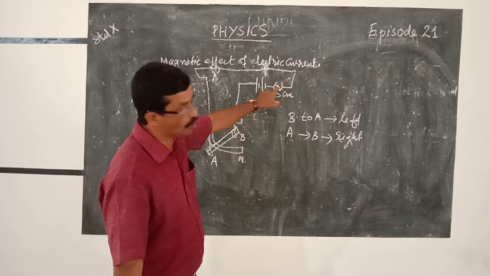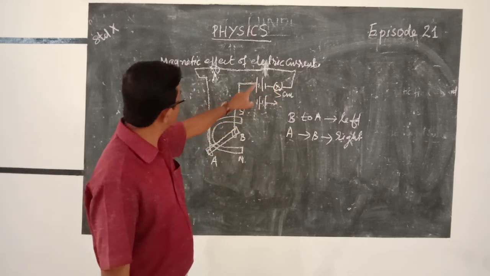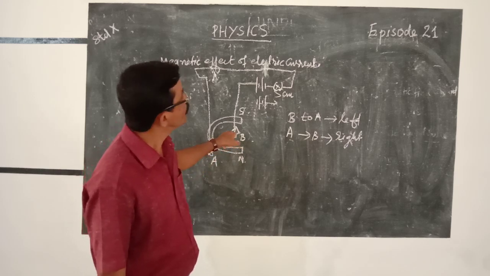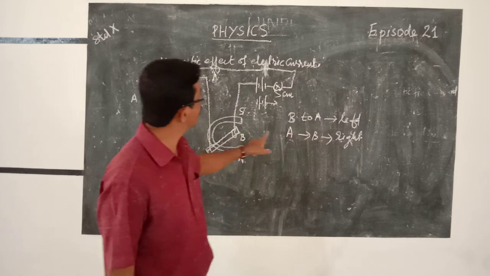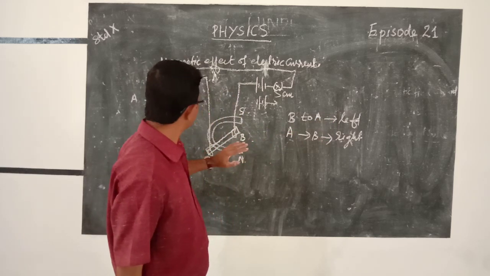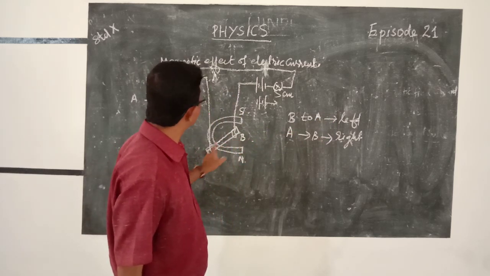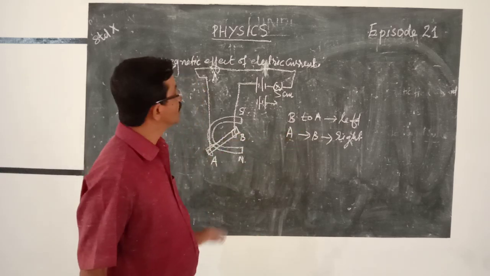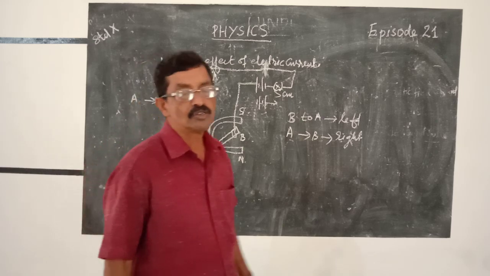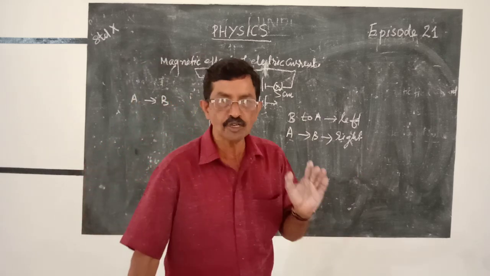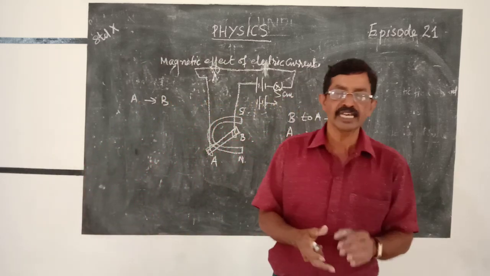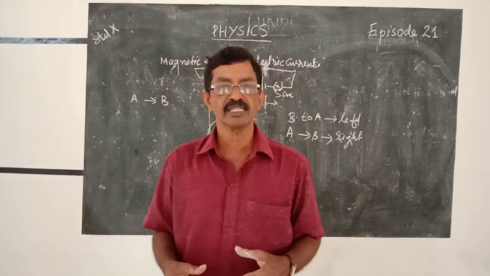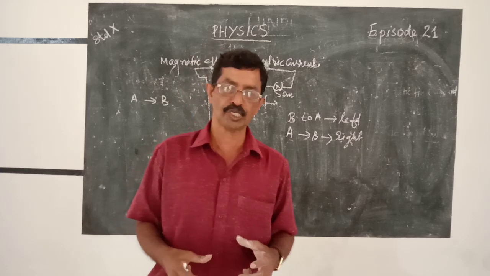When we switch on, if the current is from B to A, then the rod is deflecting to the left, and if the current is from A to B, then it is moving to the right. This shows a current carrying conductor placed in a magnetic field will experience a force,